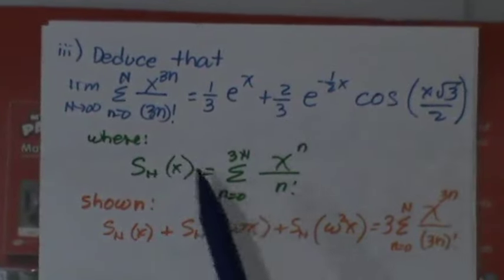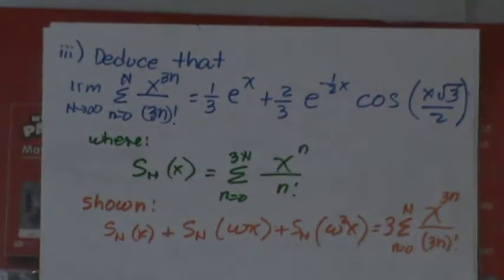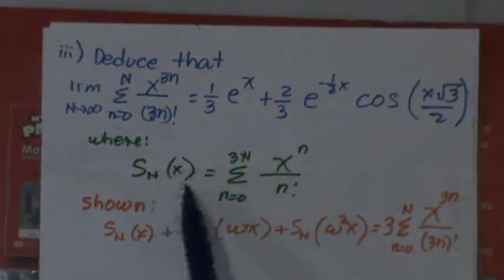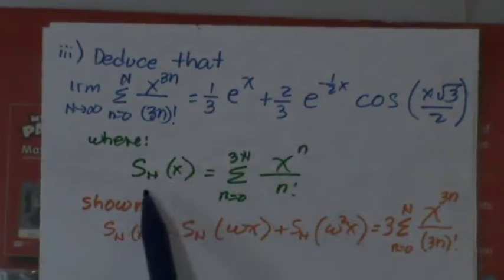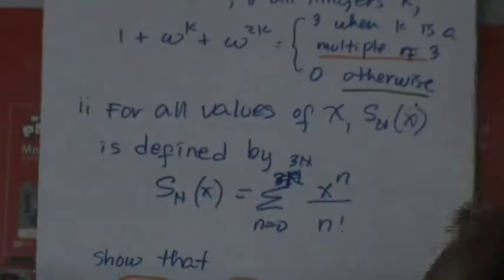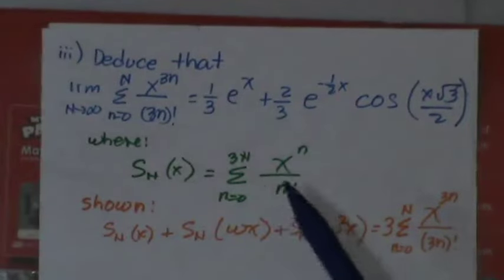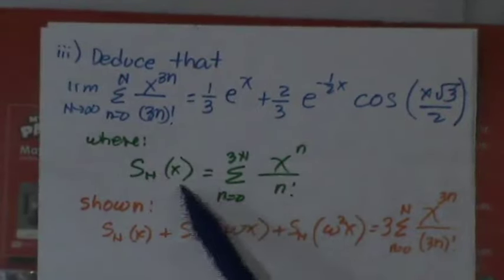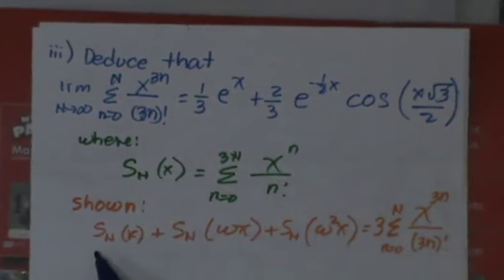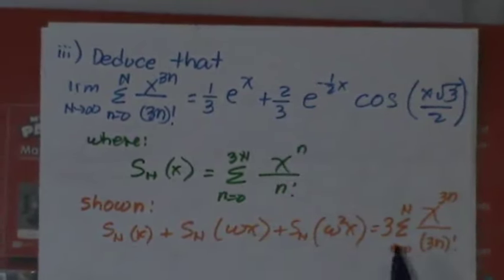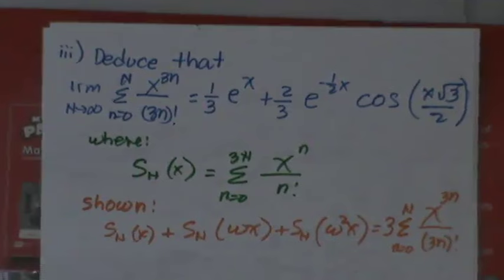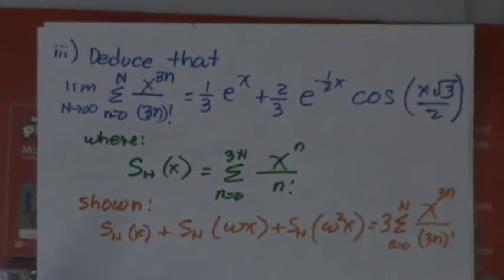Alright? And in our question, we have said that the sum of n of x is equal to this. So that is actually this one a while ago, right? And then we have shown that this is the definition, and we have shown that this is true in part 2 of our question. Now, the question is that we would like to show that